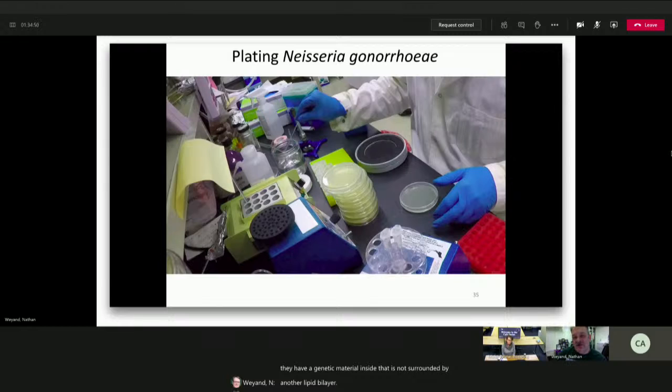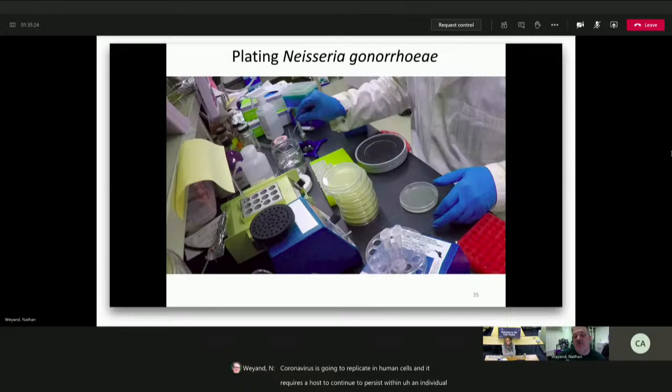Viruses don't necessarily have lipid bilayers. Some do and some don't. But viruses require a host to replicate. You have viruses of bacteria, and they'll attach to a bacterial cell and inject genetic material into the cell, and they'll induce the replication of viruses. The coronavirus is going to replicate in human cells, and it requires a host to continue to persist within an